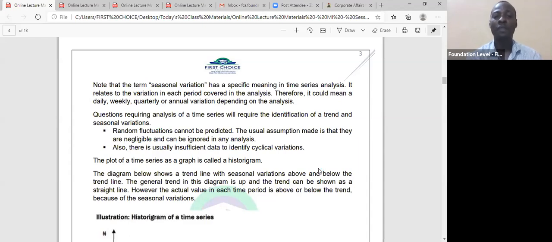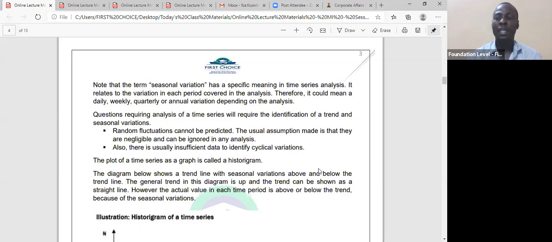So when you hear the word seasonal variation, it has a specific meaning. It relates to the variation in each period covered in the analysis. So there are periods covered in an analysis. If you are doing something weekly, 1 week is a circle. If you are doing something weekly, week 1, finish 1 circle, week 2, finish 1 circle. That will mean that your data will be arranged in days, maybe 5 working days or 7 natural days